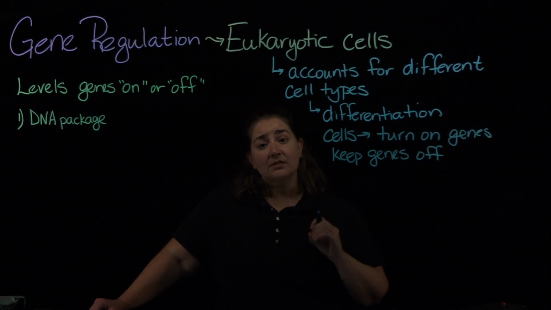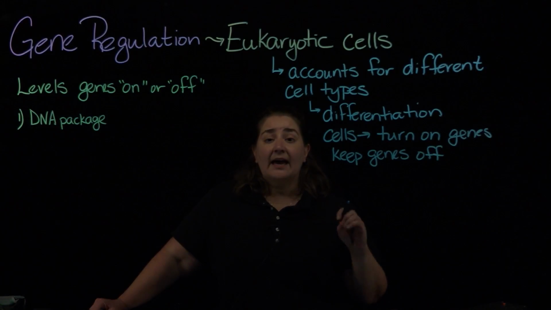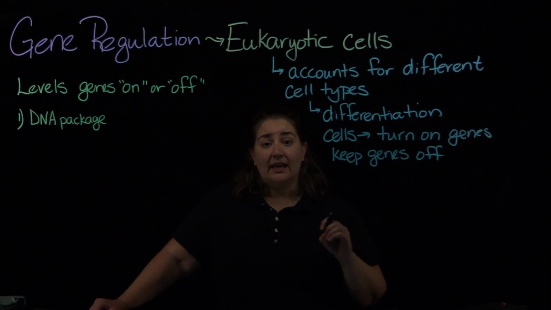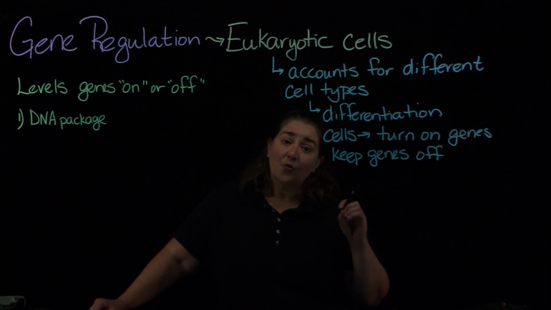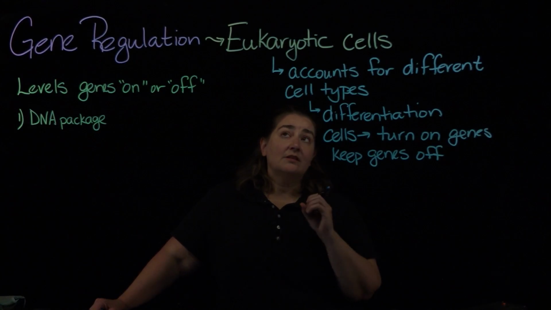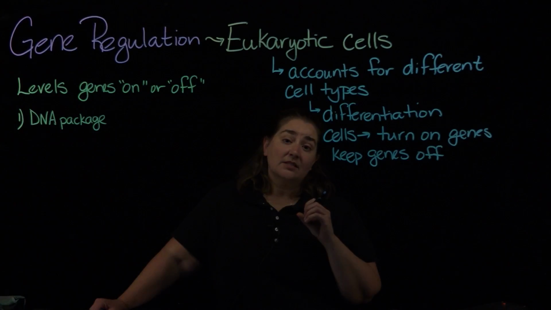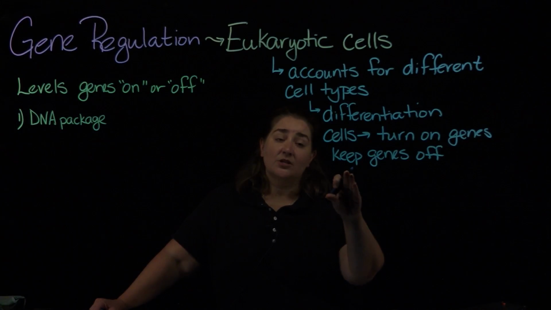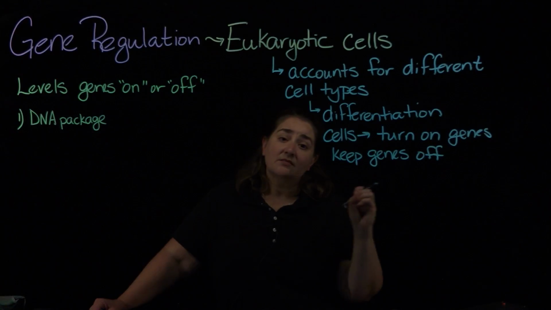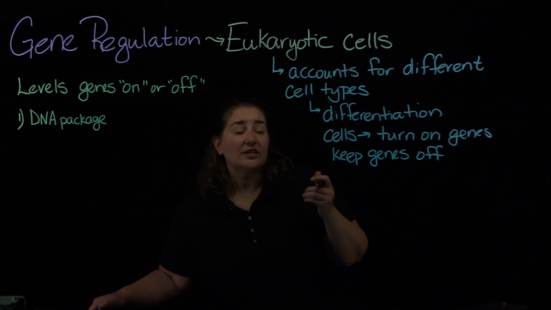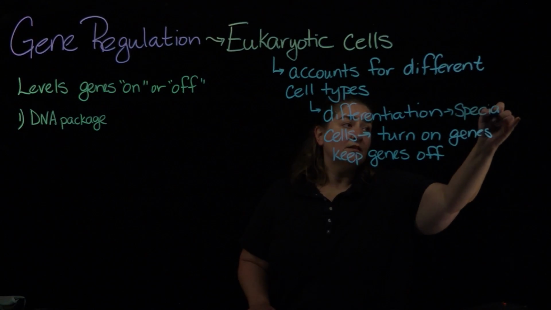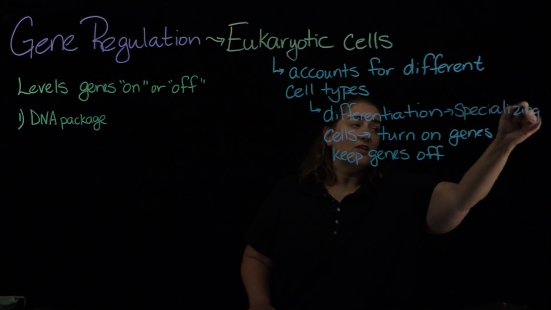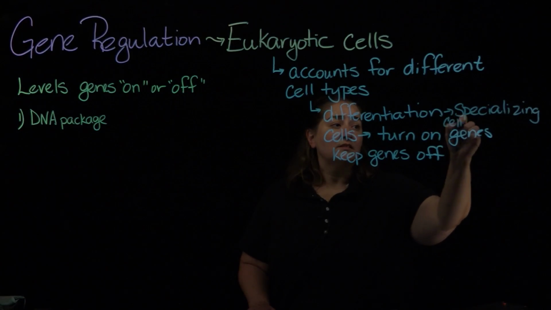Because every single cell in your body has the same blueprint of DNA, but the cells in a particular tissue only read part of that manual, okay? So the gene expression in eukaryotic cells is really what allows for differentiation to happen. That process of differentiation is essentially a way of specializing cell function,